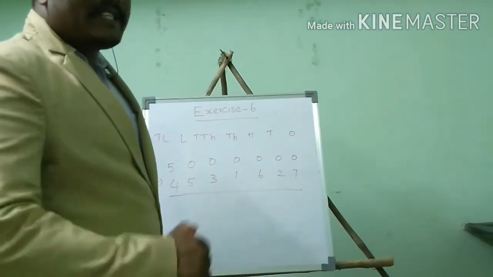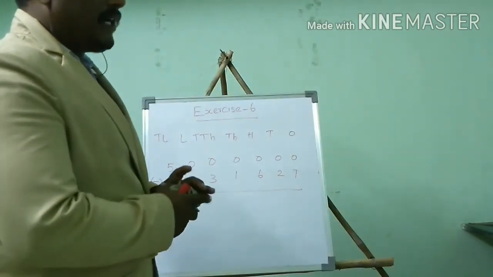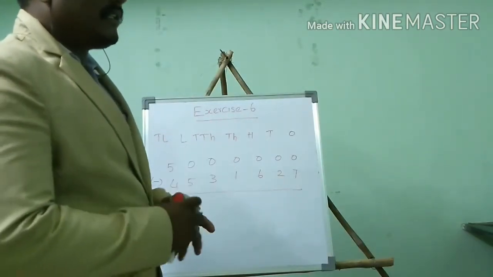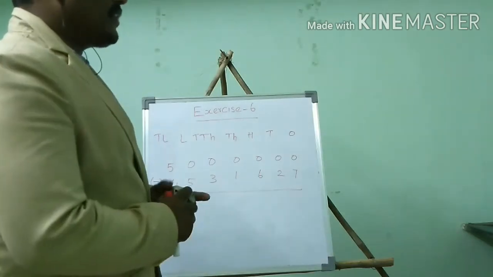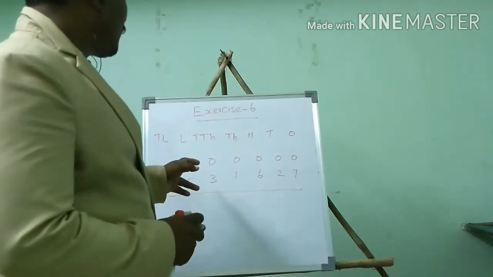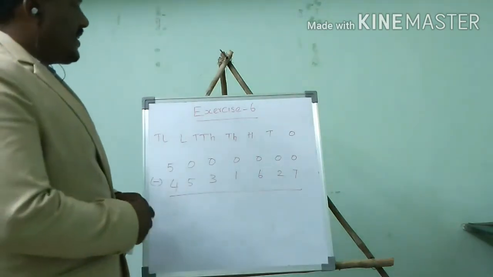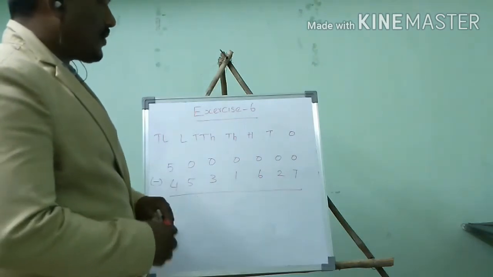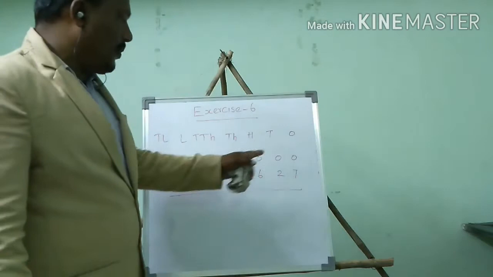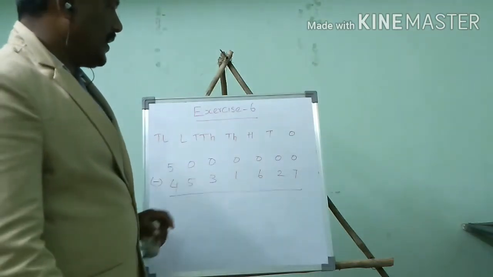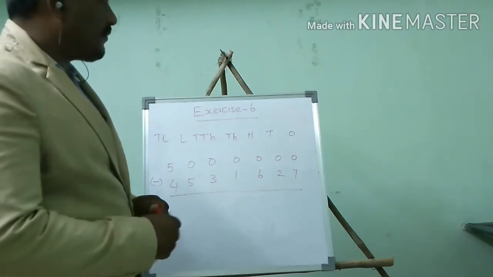Okay, let me see exercise 6. The same model, but the number of digits is different. Before we saw 5-digit numbers, now we will see 6 and 7-digit numbers. 1 2 3 4 5 6 7-digit number. So let me see the same example but a different sum. The minuend is all 0s, the subtrahend is a different number. Now how to solve this kind of sum?